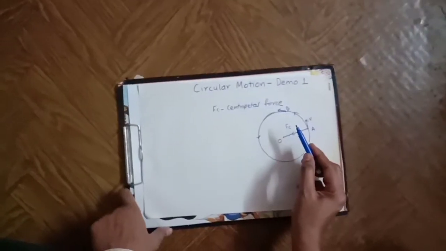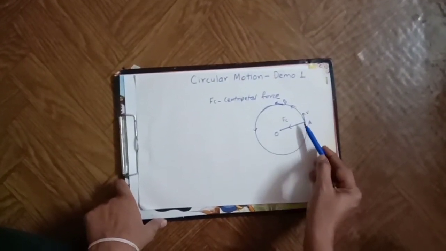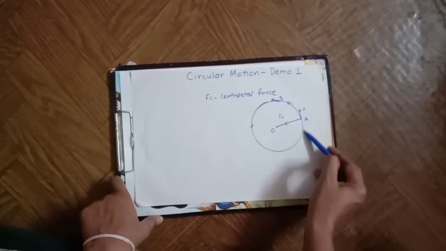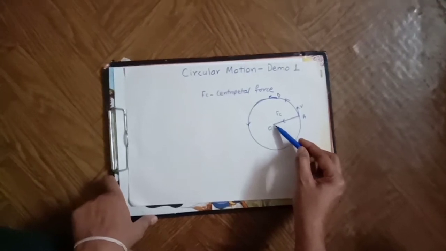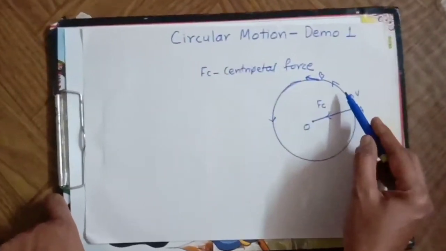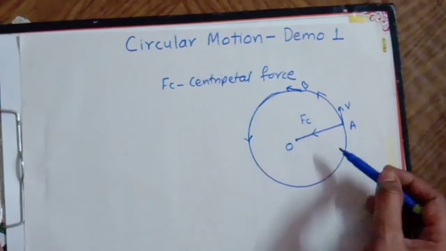In circular motion, an object will revolve around a circular path. So let us look at the diagram of circular motion. Consider an object which is in circular motion. The path of the object will be like this, along the circumference of the circle. Let O be the center of the circle. We are considering the object to be moving in an anti-clockwise sense.